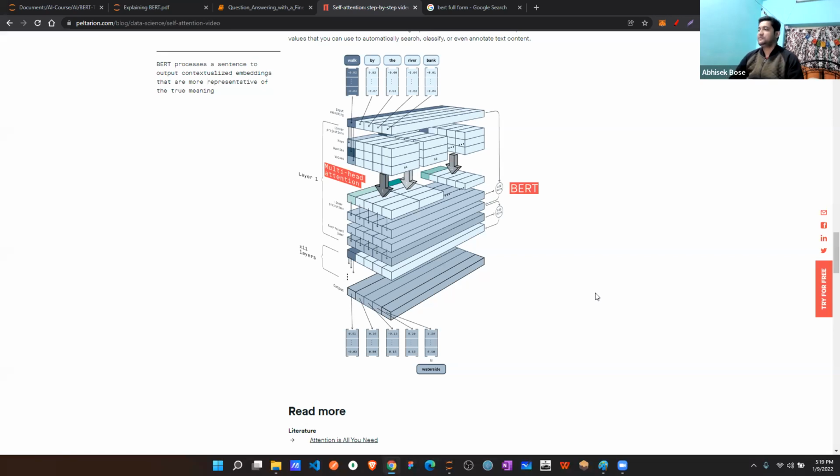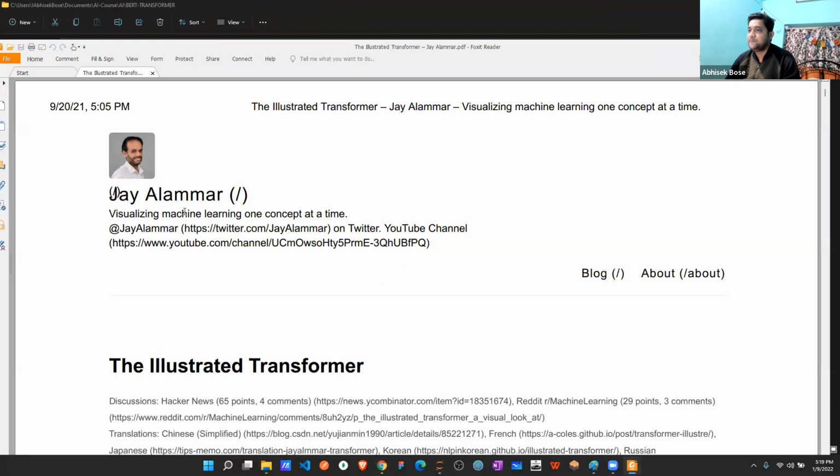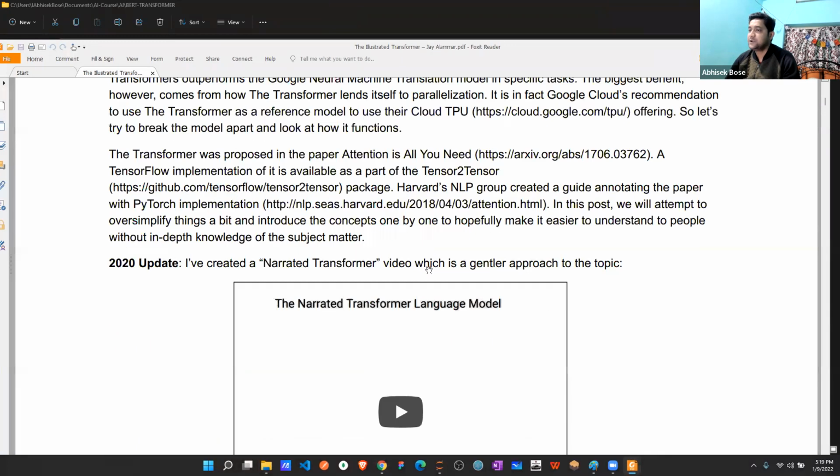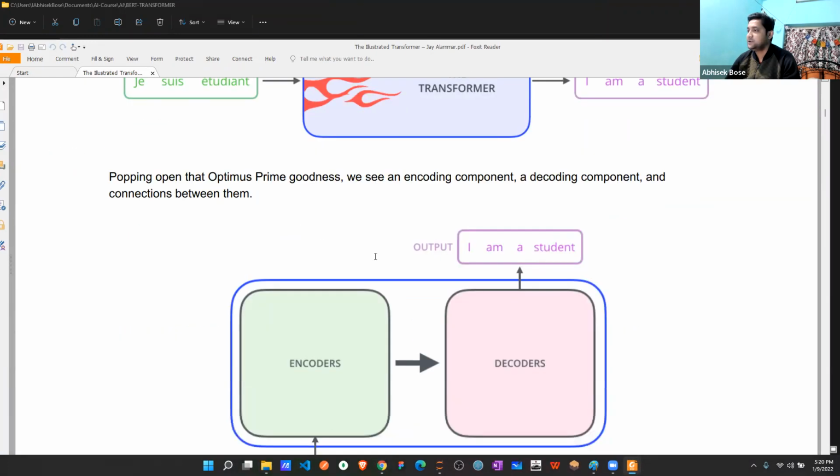There is a BERT research paper, you can go and check, or I can give you a small flavor as well. There is also a nice document from J. Alammar. You can search in Google for how a transformer basically works.